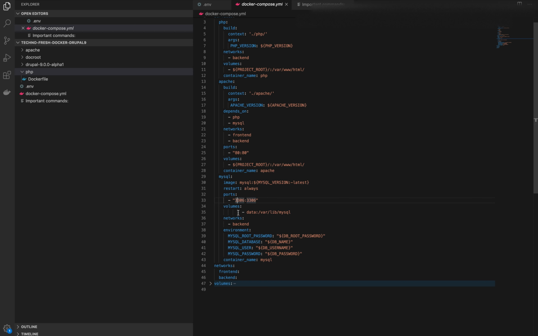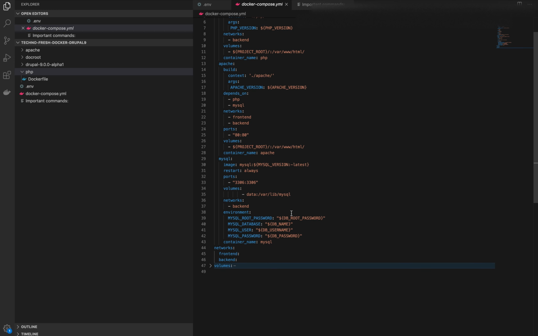The volume is attached to the data, at /var/lib/mysql, where the MySQL data resides. This is on the backend network. The environment has the root password, and everything is bound to variables: MySQL database, MySQL username, MySQL password. The container name is MySQL.